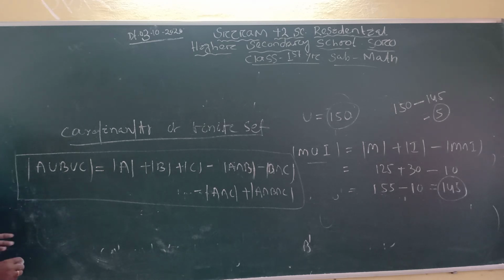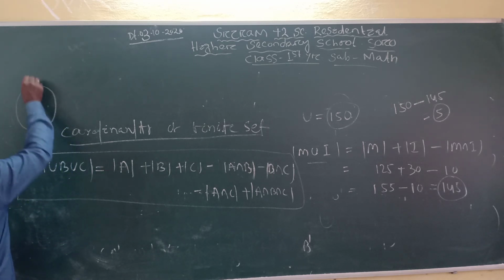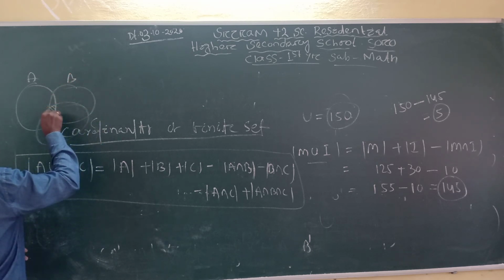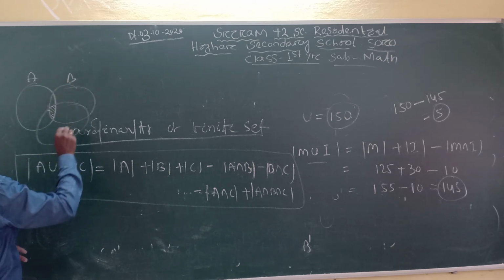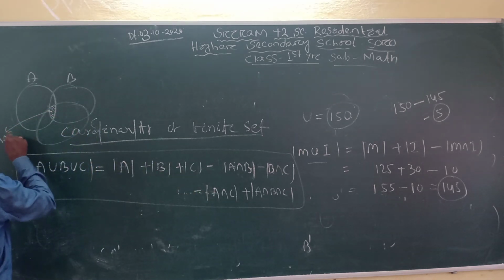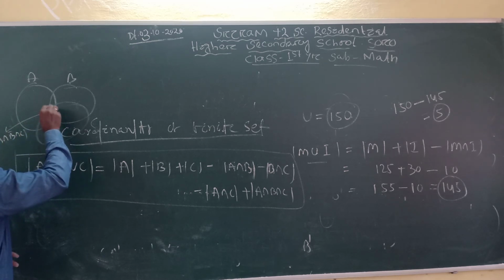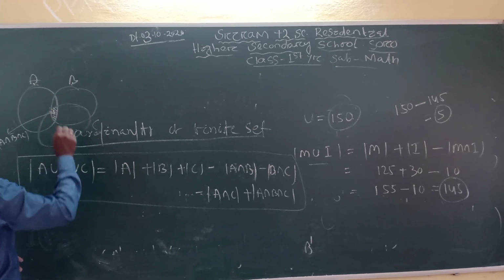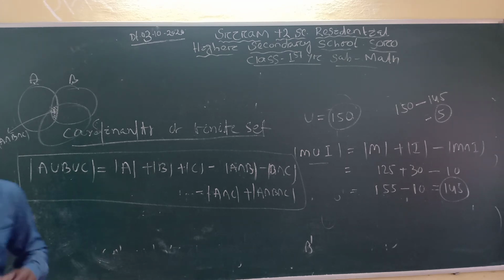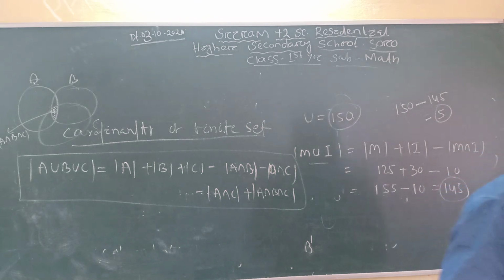For example, using a Venn diagram, that is the A set, that is the B set, and that is the C set. That part belongs to A, B and C, so it is called A intersection B intersection C. That particular part belongs to A, to B and to C also. So A union B union C is equal to cardinality of A plus B plus C, minus A intersection B, minus B intersection C, minus A intersection C, plus A intersection B intersection C. I think you have faced this type of problem in your books also.